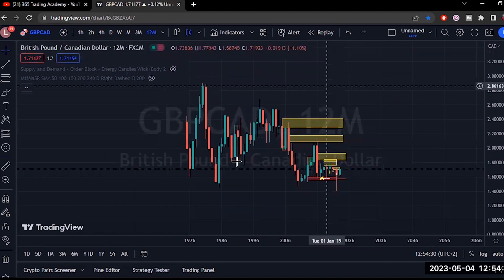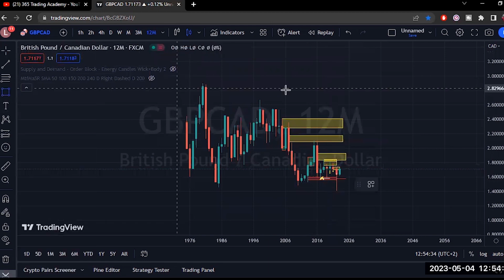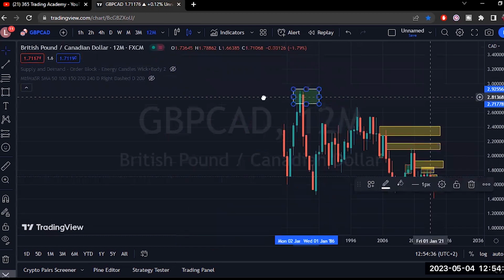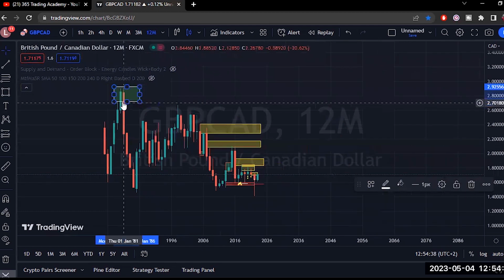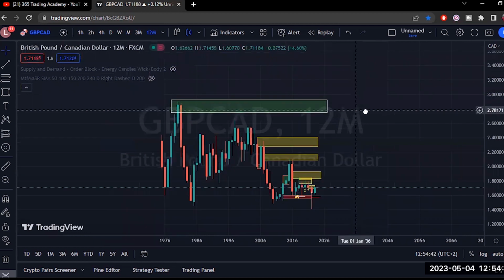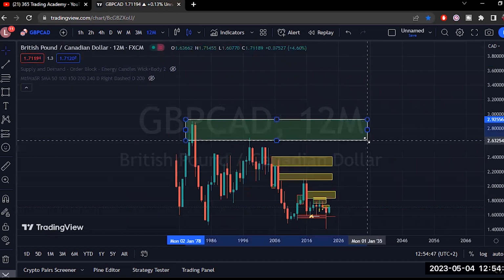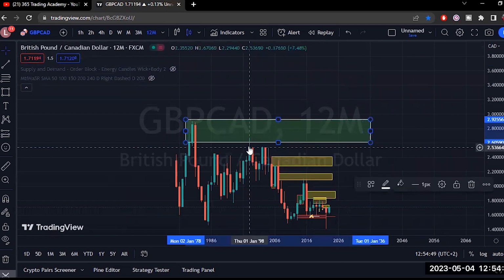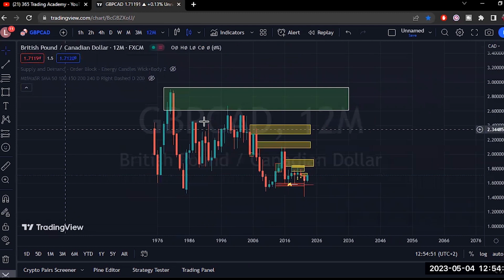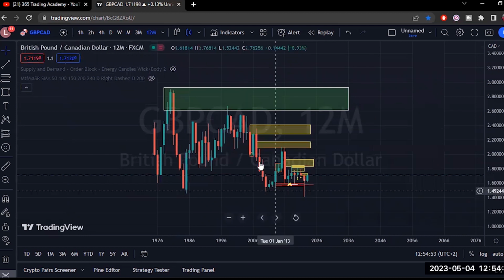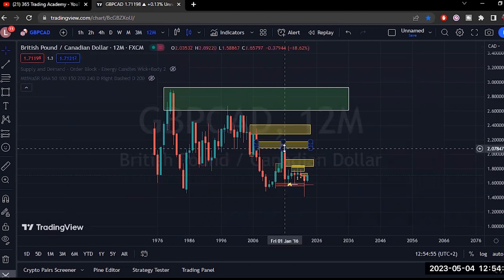But there is pound CAD. Very, very much big on institutional selling than buying. If you look at the major turning point of the 1980s is all the way up here, which was this beautiful strong supply that held price up. Right, then markets came back for it in 1998, right, and then markets have been kind of like dropping ever since. Markets tried to push up, and this was back in 2016, and we're dropping ever since.